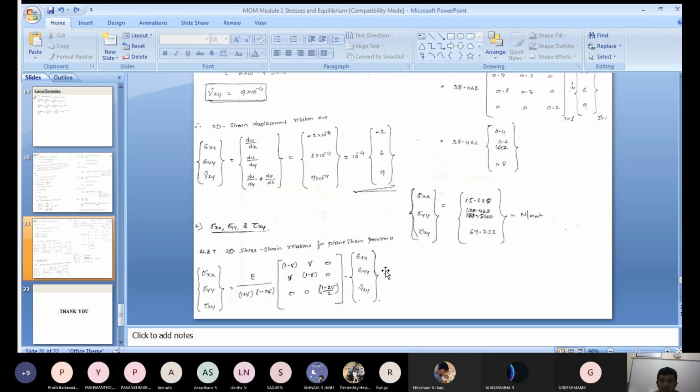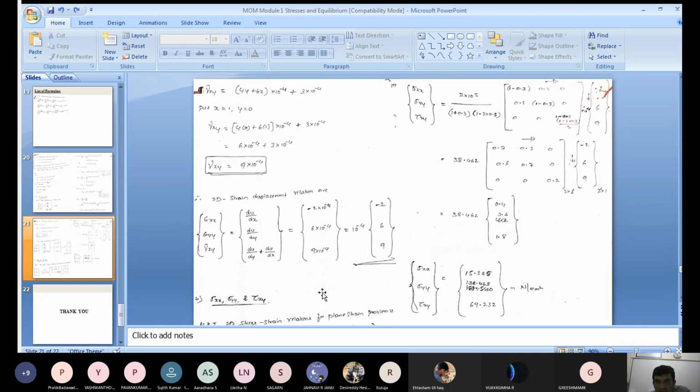Now stress is directly proportional to strain. In order to remove the proportionality, we need a constant. That constant is called the proportionality constant, and that is a material property. Write this equation. Once you write the equation, now fill it in. What is the E value? 2 into 10 to the power of 5. What is the mu value given? 0.3. Then fill that matrix.